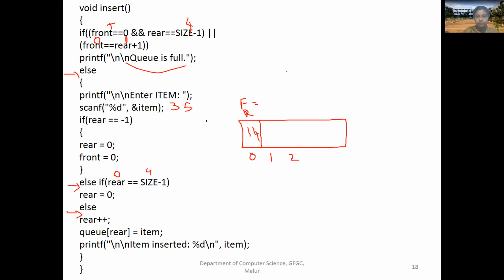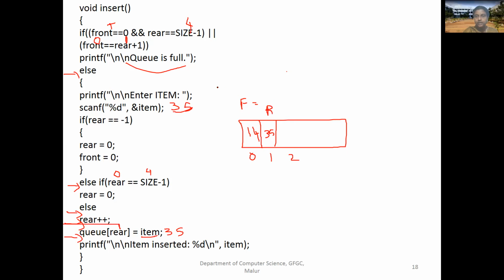Here what you are telling is rear plus plus. Rear was here till here. Now what happens? Rear gets removed from the 0th position and it will be moved to the next position. That's what we have given, rear plus plus. It gets incremented and in the next line we are telling to insert in the Q of rear. Q of rear is 1. In that we are telling to add an item. What is the item value? 35. So 35 will be added here. So once you finish this step, front is 0 and rear is going to be 1.